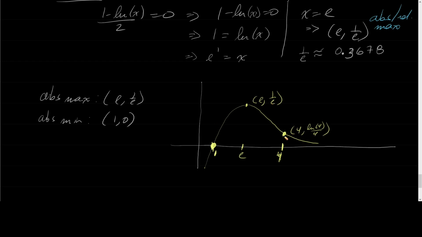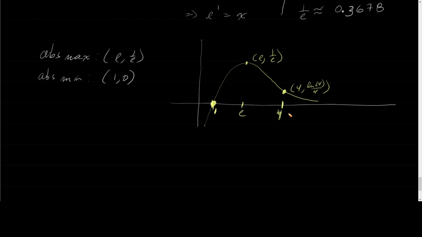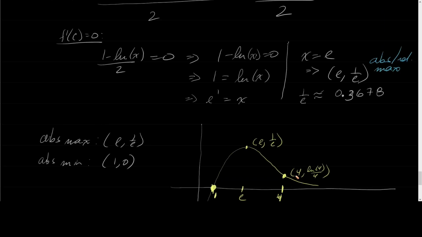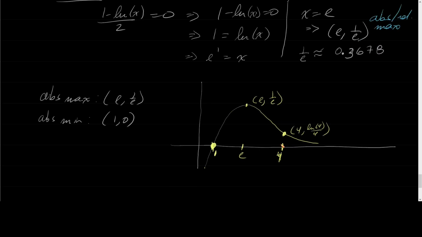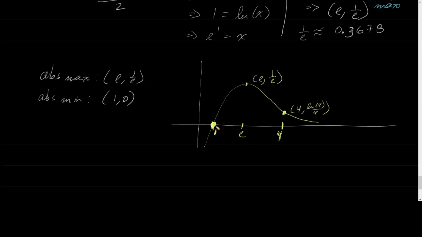This is an exaggerated graph, because this point right here is 0.34, 3465, the bottom one, and this one was 3678. So this is not drawn to scale, but the idea still stands. And as far as this is concerned, again, this is the interval between 1 and 4, because that's what this problem asked about. In that interval,